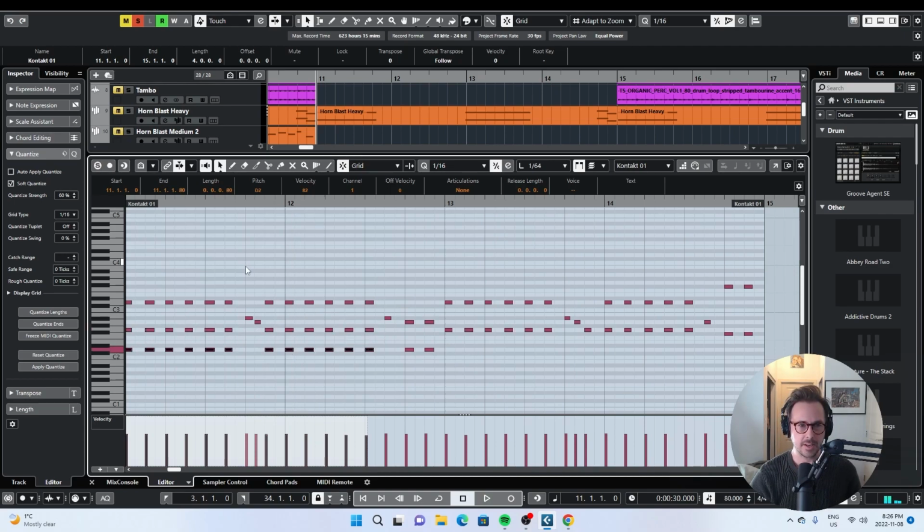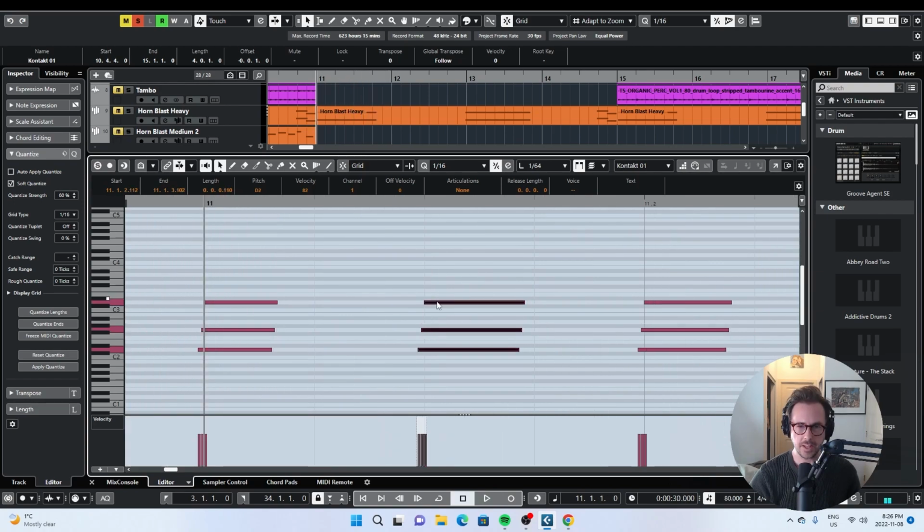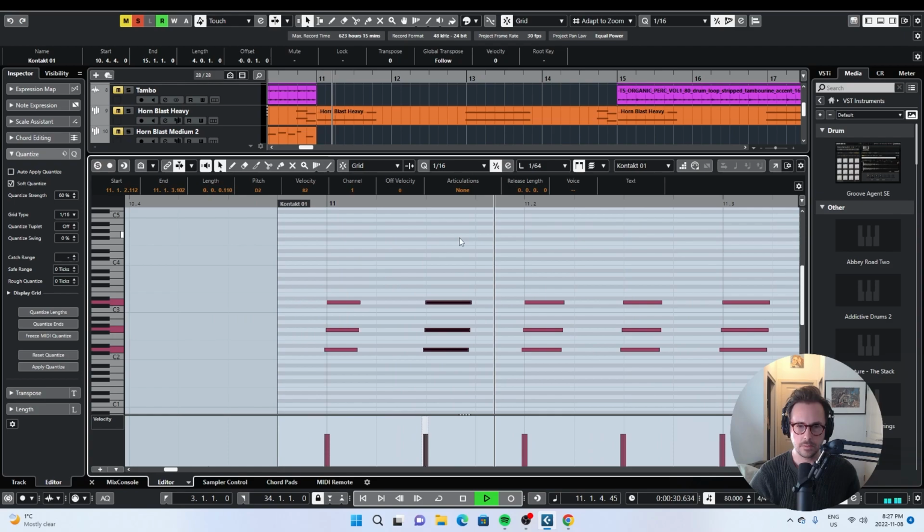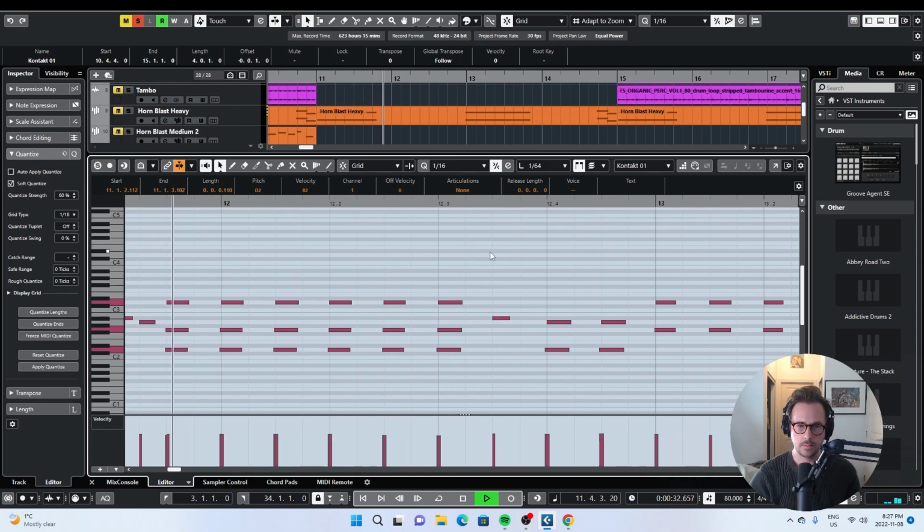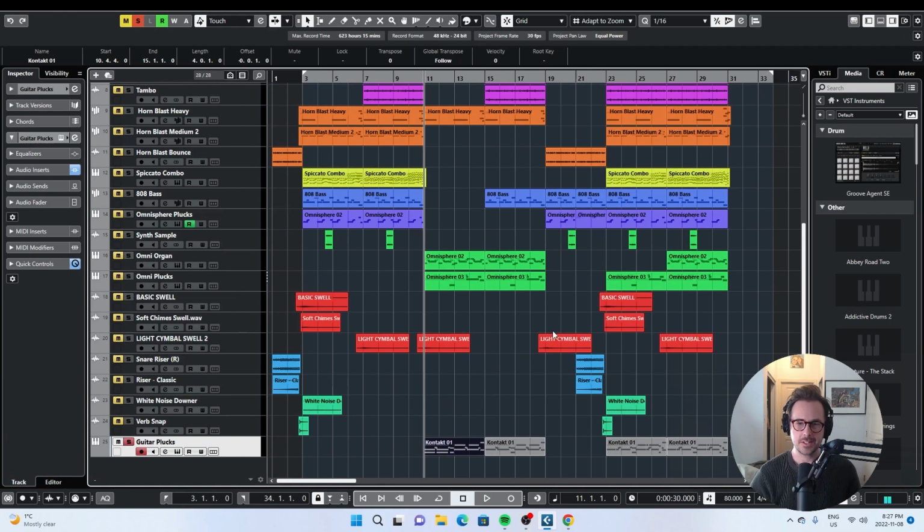Maybe try something like that. So maybe flam these guitar parts a little bit. Make them sound a bit more realistic. I could easily just pull out my guitar and record this part myself. But you know, just testing things out. This is kind of a test track in general, to be honest. And you know, pretty happy with it. My workflow is a little bit slower than it is in Logic, but I can definitely see myself catching up in Cubase fairly quickly. And I'm pretty stoked with how this track turned out.